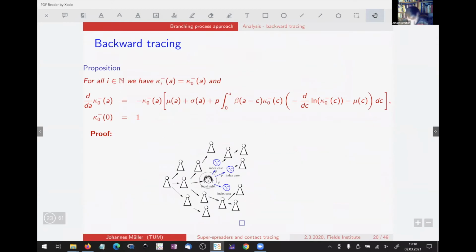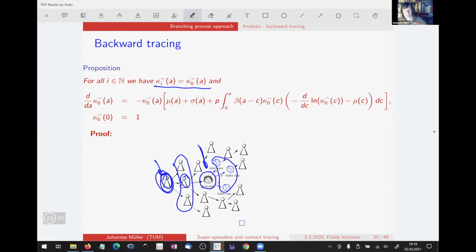That's indeed simple, because look, Heidi can be traced only via her infectees. The zero generation guy will also be traced only by his infectees. So Heidi and the zero generation have precisely the same survival probability. The zero generation has no infectors, and Heidi has two infectors, a buffer or infection chain of two, but that does not affect backward tracing, because tracing can only happen from the downstream individual. And so we know that for all generations, the survival probability is the same.